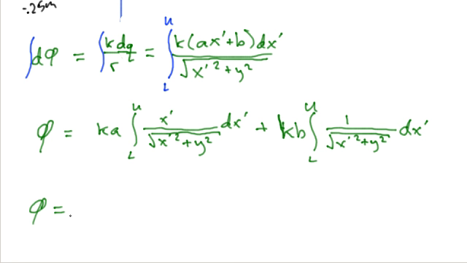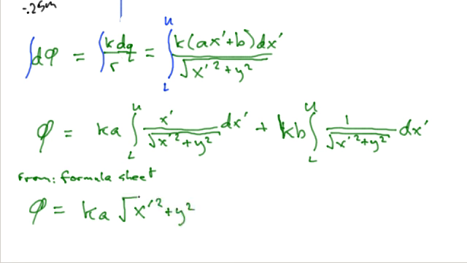So from the formula sheet, this can be written as Ka times the integral of x over the square root of x squared plus a squared, which is the square root of x squared plus a squared. In our case, that's the square root of x prime squared plus y squared,